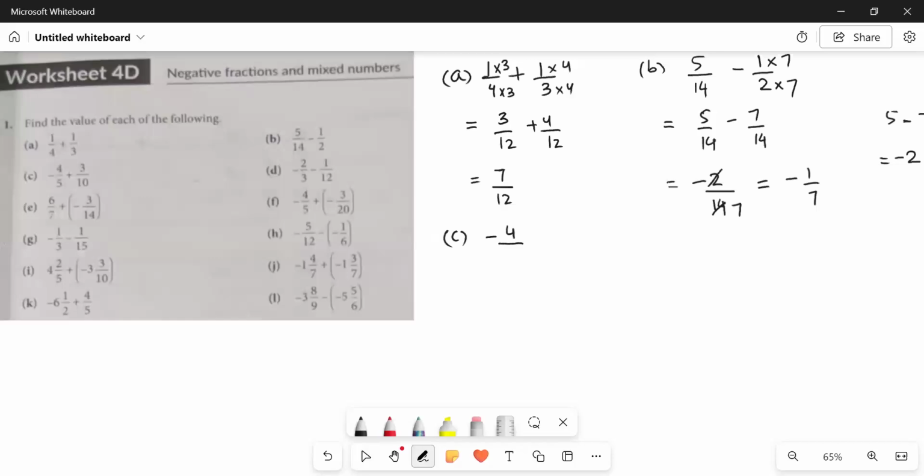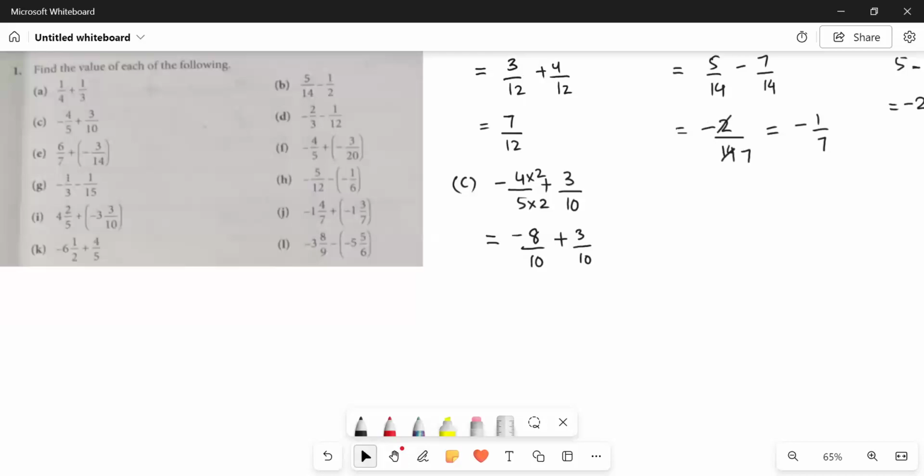Minus 4 upon 5 plus 3 upon 10. Now they are upgrading their fractions. The first one is now negative, the other one is positive. It means we have to subtract the two fractions. But the first part is to make the denominators same. If we look for 5, it is the factor of 10. So we'll simply multiply it with 2 to make it similar with 10. And it will turn out to be minus 8 upon 10. So these are the steps that you have to follow.